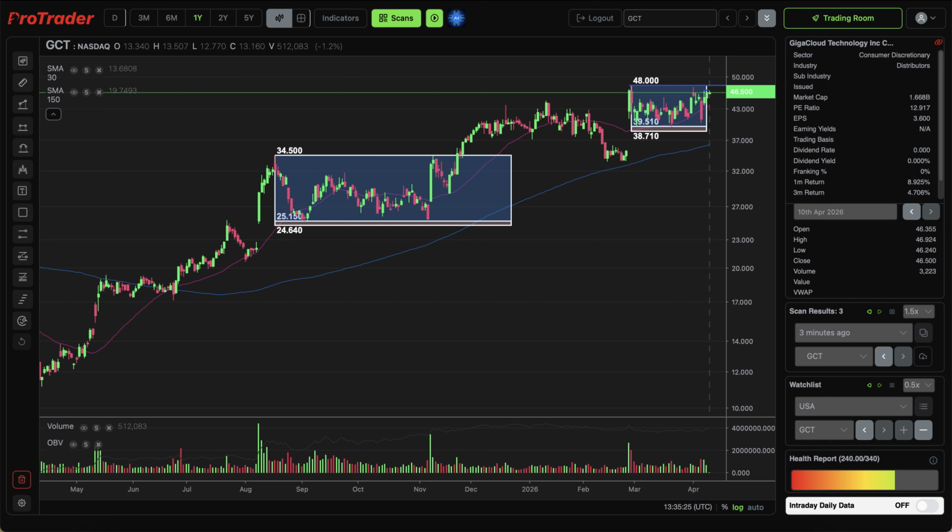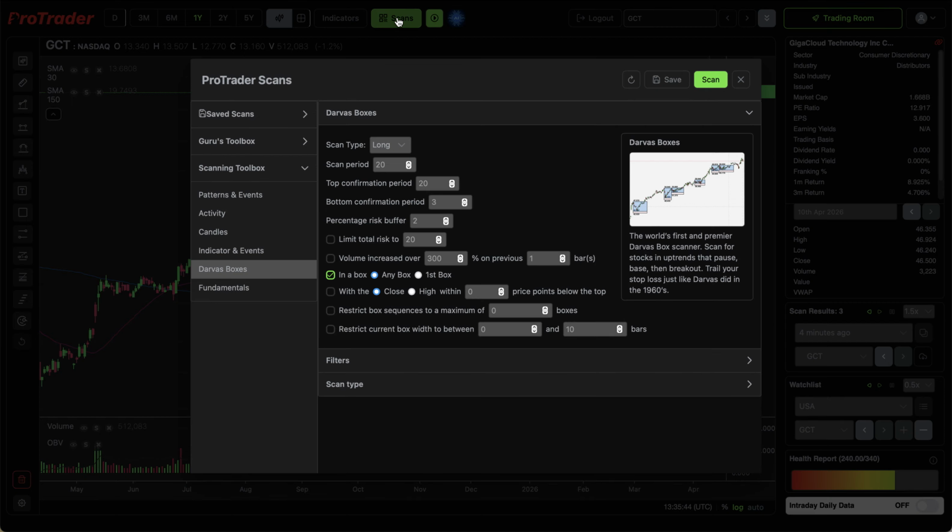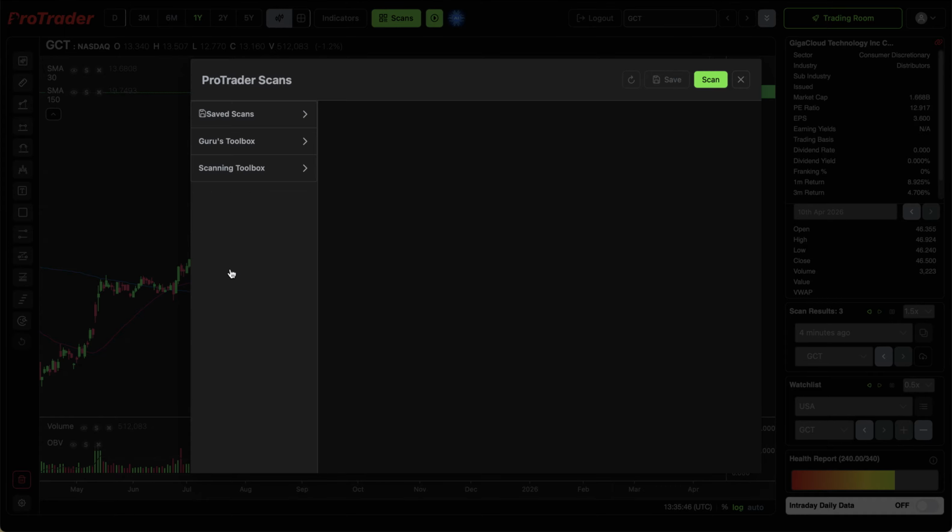The purpose of this video is to show how easy it is using the ProTrader system to find stock bases using the Darvas theory that is setting up and ready to provide wonderful trading signals. If you go into Scans, then Darvas box,